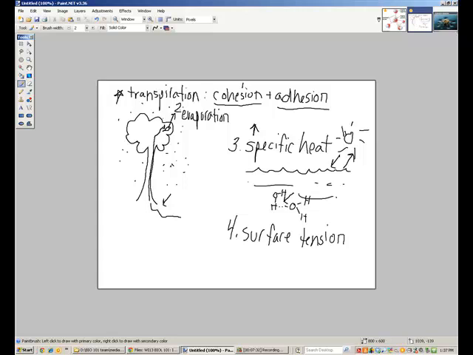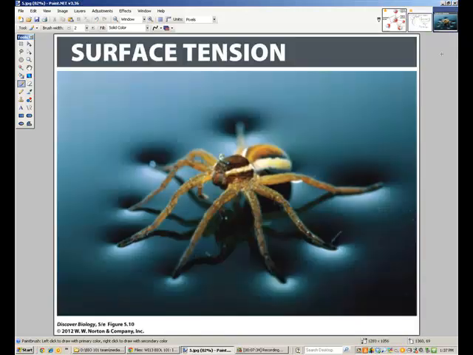And you know surface tension. You've seen images like this, or you've gone to bodies of water and you've seen insects actually standing on water. You probably did little water experiments when you were in grade school. You know that on the surface of water there is actually a tension, and you can see that here. And so